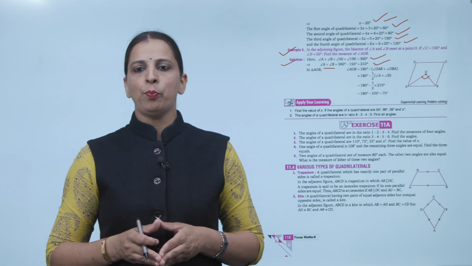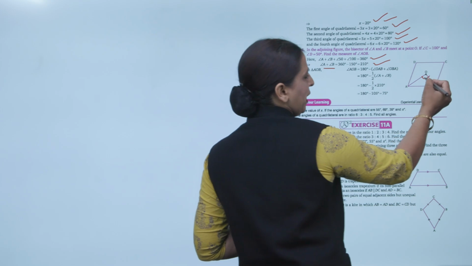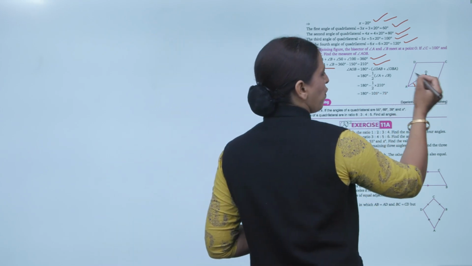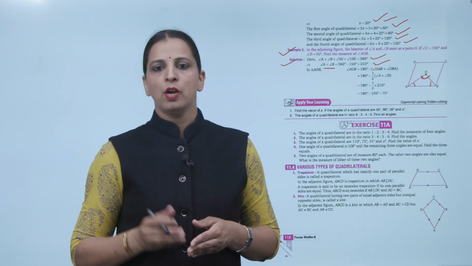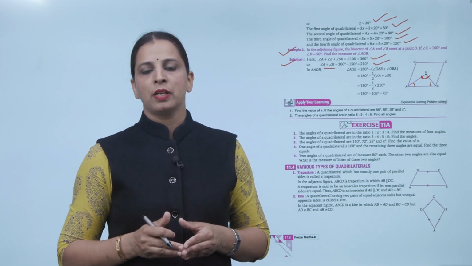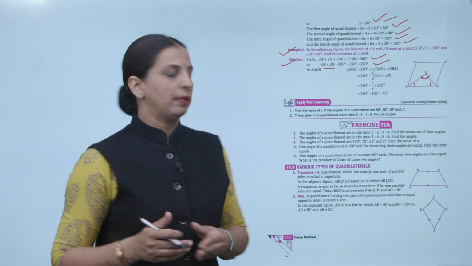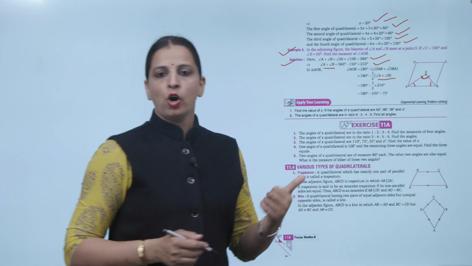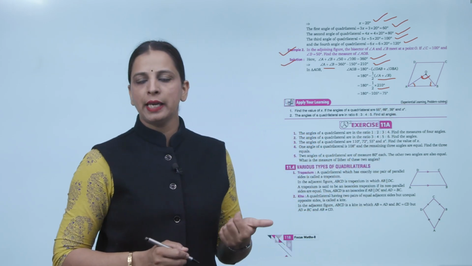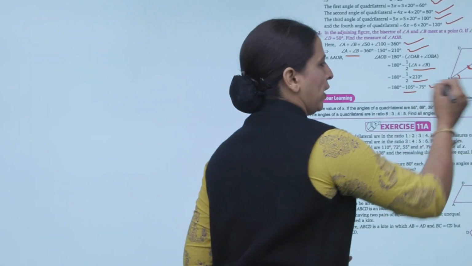In triangle AOB, angle AOB is equals to 180 minus, एंगल सम प्रॉपर्टी के अकॉर्डिंग क्या है 180 डिग्री है. तो एंगल AOB क्या है 180 में से half of angle A और half of angle B को माइनस कर देंगे. 180 minus angle OAB plus angle OBA, that is equals to 180 minus half of angle A plus angle B. दोनों क्या है half of angle है और A plus B अभी कितना निकाला हमने 210 डिग्री. So 1/2 into 210 degree. 180 minus half कितना होगा 105, that is equals to 75 degree.